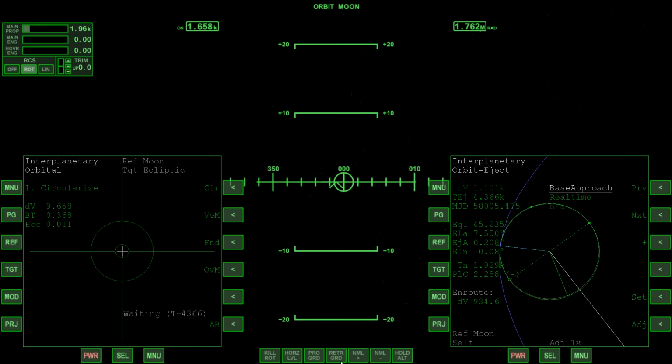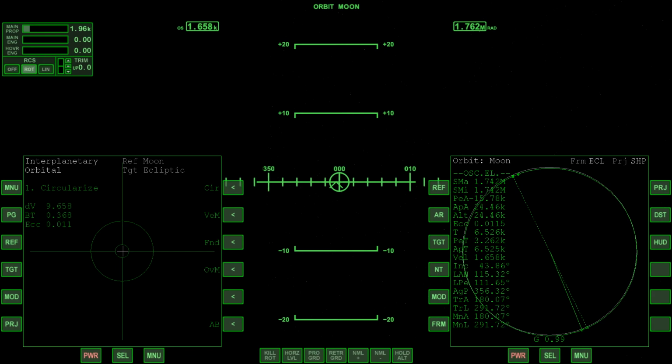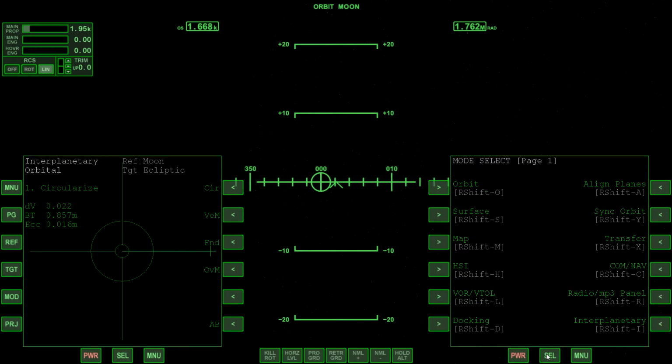Okay. Oh, okay, now that didn't work. It was trying to auto burn the plan. I didn't know that that would actually do that, so we're going to have to manually circularize here. Not ideal, but not a big deal. We'll go ahead and use the circularize MFD over on the left side to make sure we're pointed the right direction. Just a few bursts of the engine there, little linear RCS, and eccentricity is right there on 0. So perfectly circularized. No big deal.